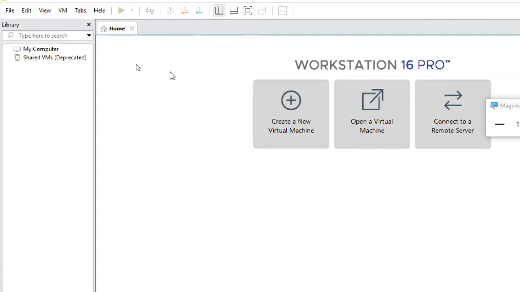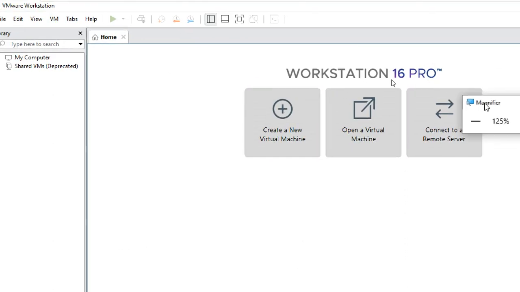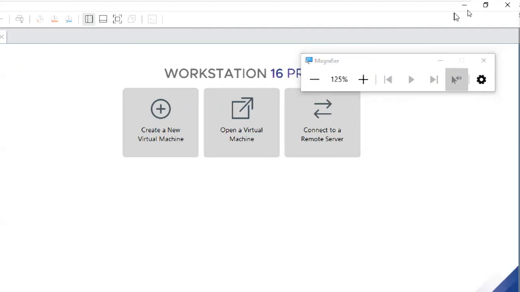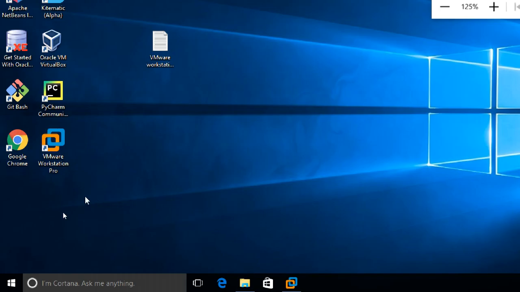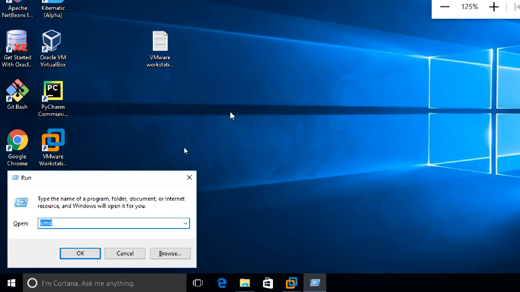So here we have to do a setting. First of all, minimize this one. Go to your ncpa.cpl.